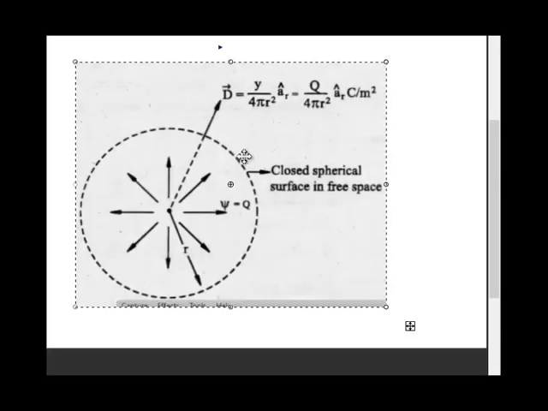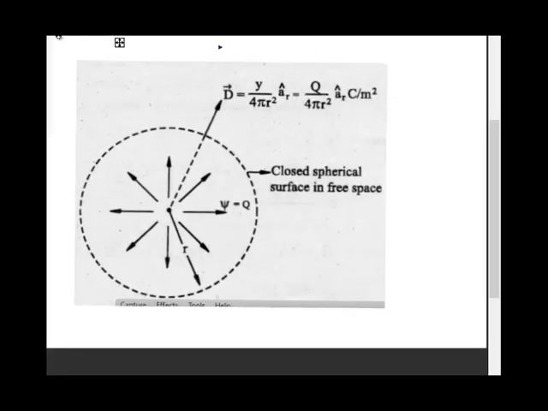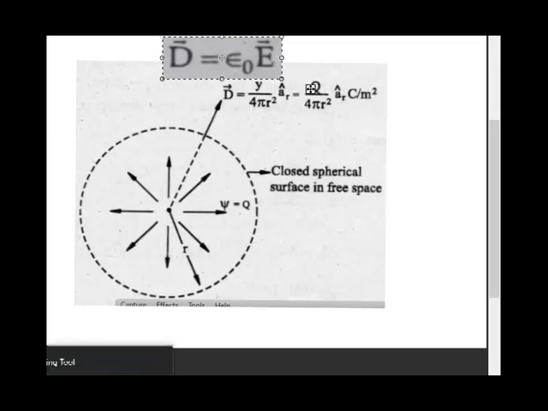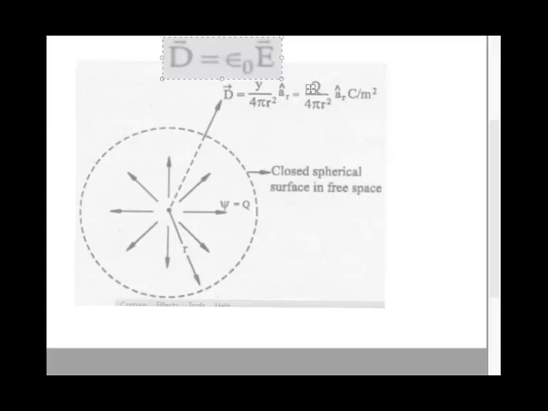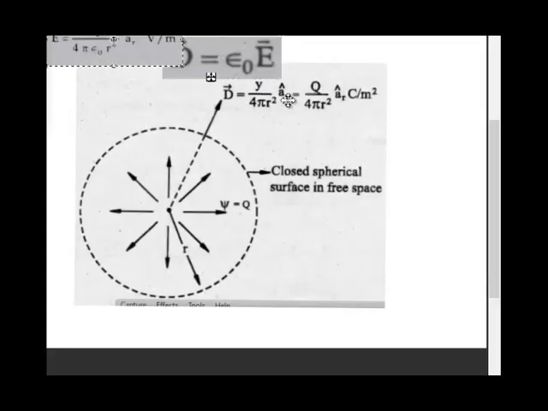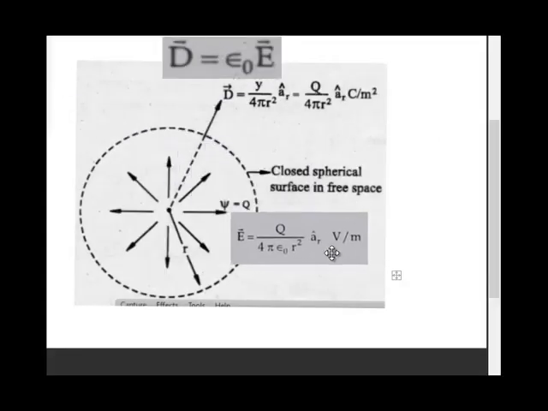This is the formula that compares D with E. D equals epsilon naught E. I can place both the formulas here. The formula for E was...